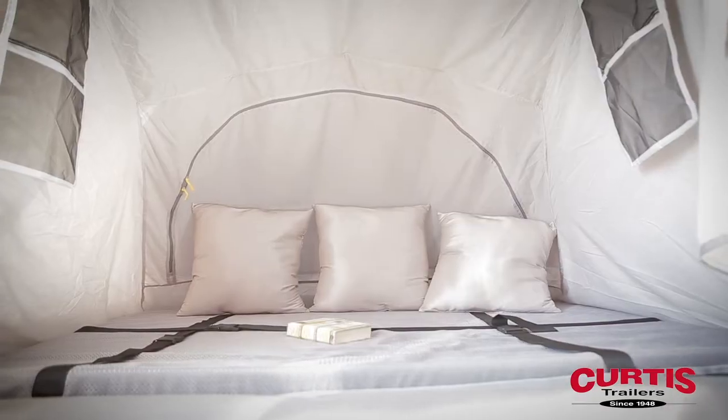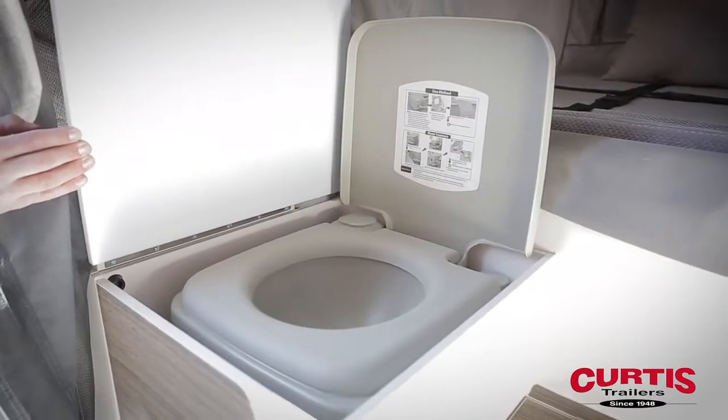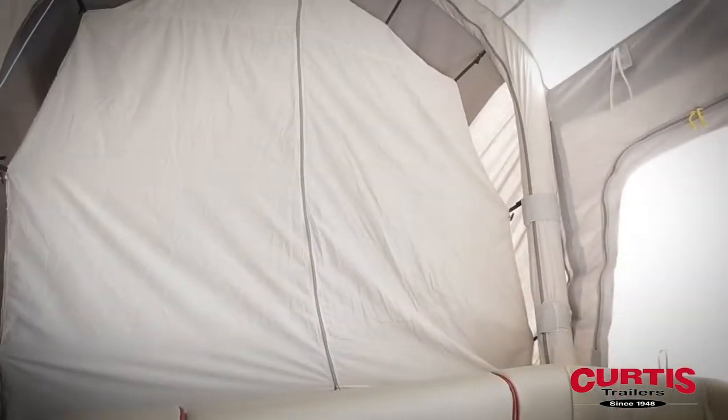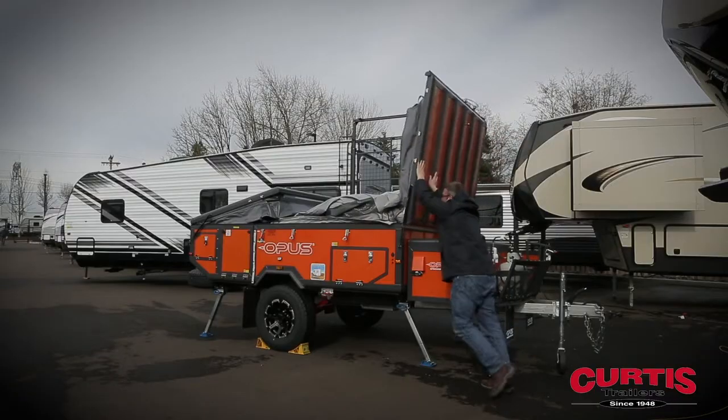Enter the trailer and you'll find a fixed double bed next to a cleverly hidden portable toilet. The leather U-shaped seating area surrounds a demountable table in front of a second sleeping area, which comes with an easy-to-zip privacy curtain. At the end of your adventure, the Opus easily folds down to reveal a universal racking system,